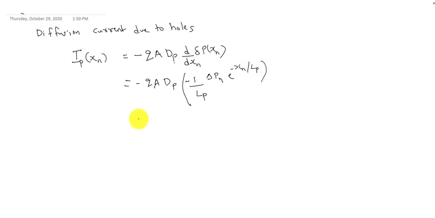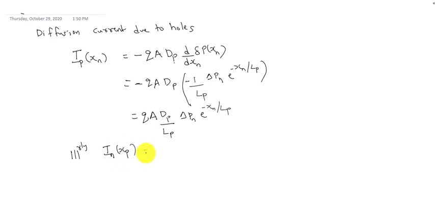Minus minus will become plus, that is Q into A into dP by Lp into delta Pn e raised to minus Xn by Lp. Similarly, we can write the whole electron current on the P side,